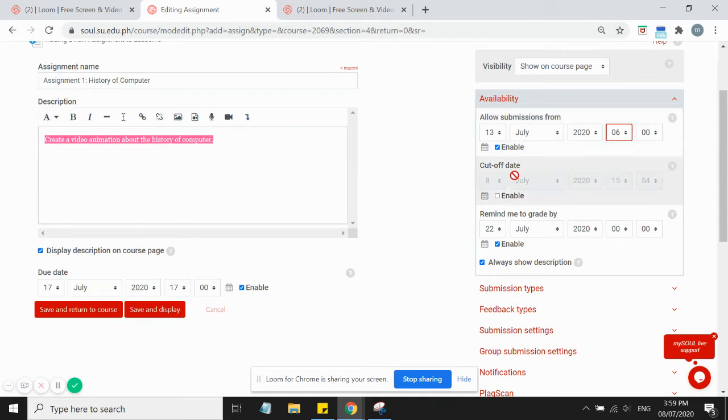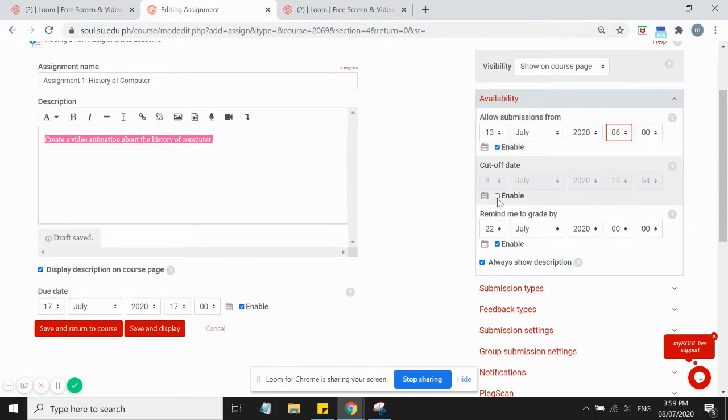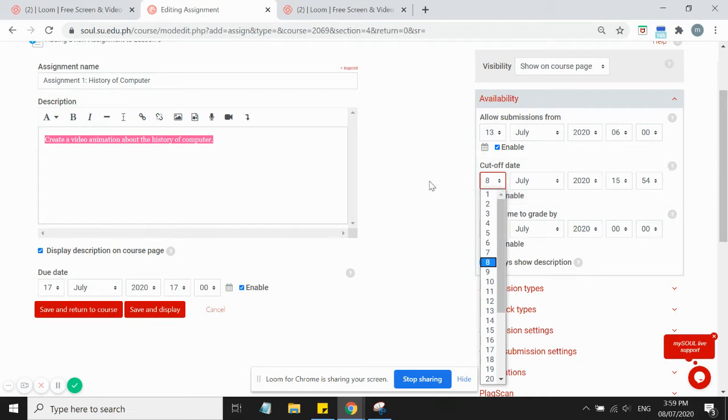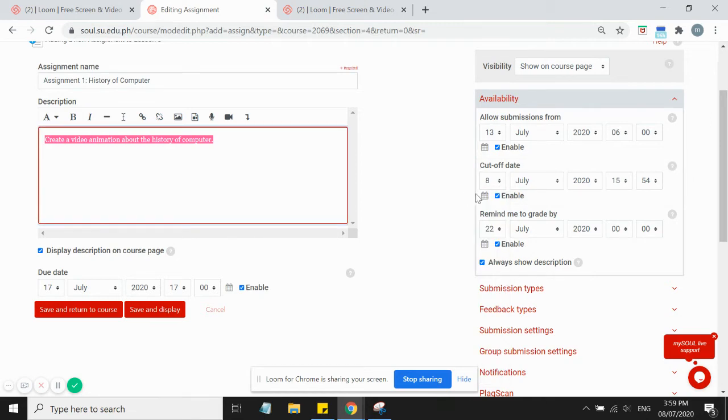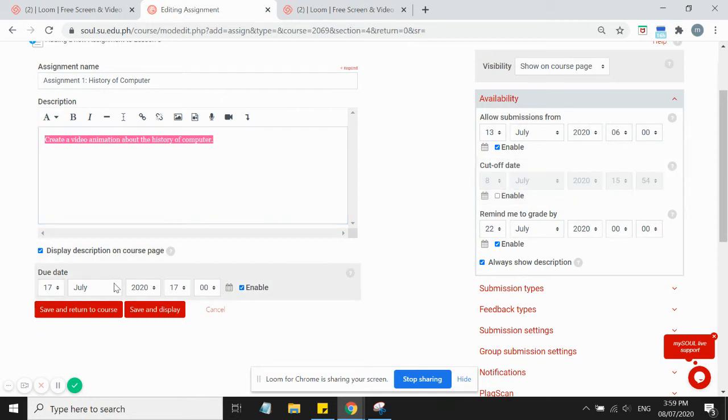So by default, this is disabled. If you want to enable the cutoff date, you can just check the enable box and change the cutoff date to whatever it is that you prefer. Okay, but make sure that the cutoff date should be after the due date and not before the due date. Okay, so I will just disable it for now,